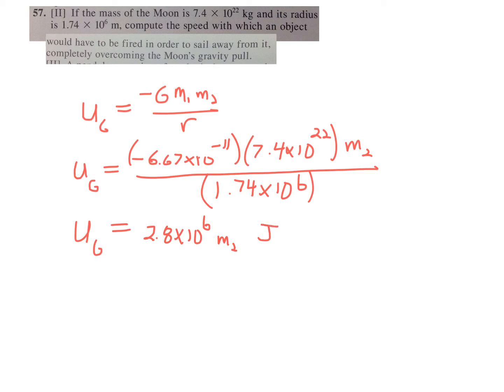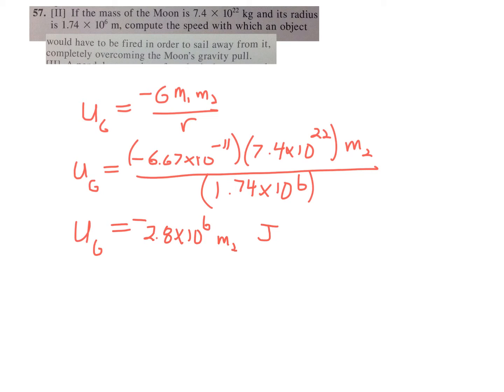So m sub 2 is the mass that you'll see cancels out. Once again, it's negative 2.8. So that's your minimum energy. So what happens is as the rocket goes higher and higher, or the object goes higher and higher, that number goes less and less negative, so it increases. And the maximum it can get is 0. So we need to put in 2.8 times 10 to the 6 joules of positive kinetic energy to launch this